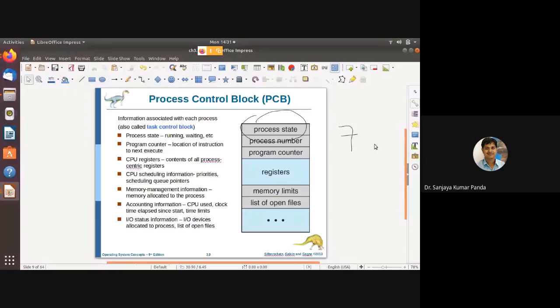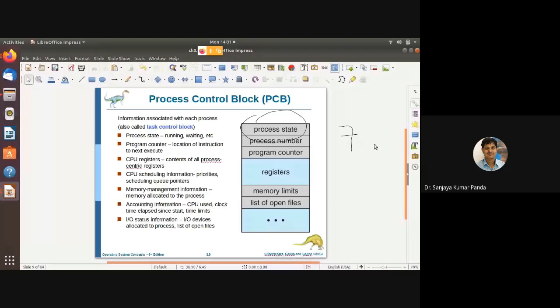The program counter keeps the next one, that is page number 72, line number 3. Whenever you are executing a particular program, if you are executing line number 5, the program counter should have line number 6. That's why it is said that the program counter contains the location of the next instruction to execute. Each processor keeps this program counter, which points to a particular instruction.